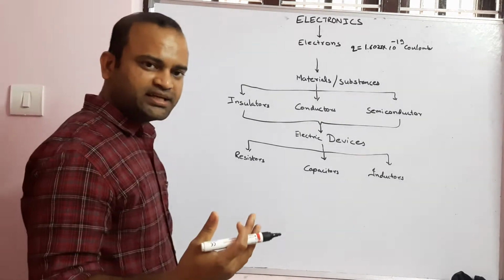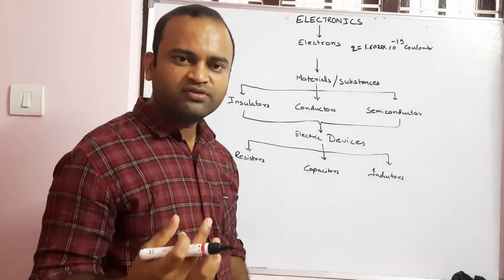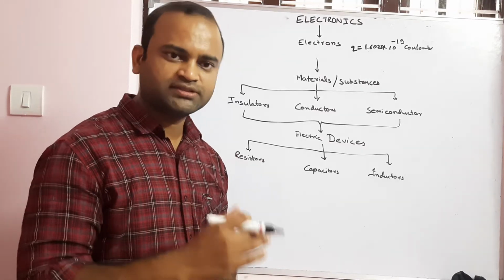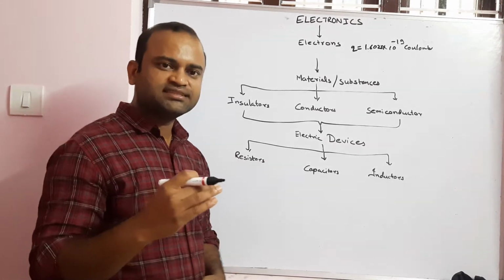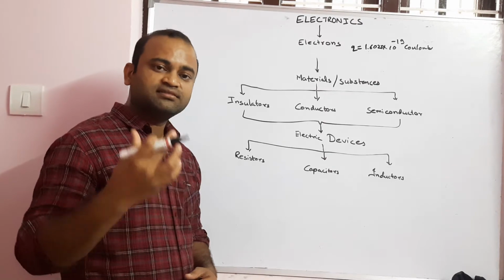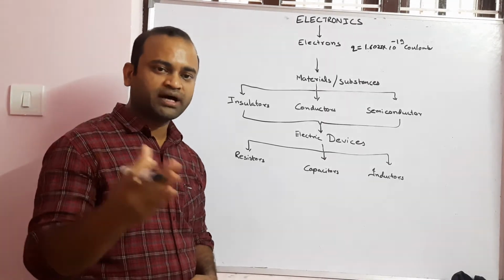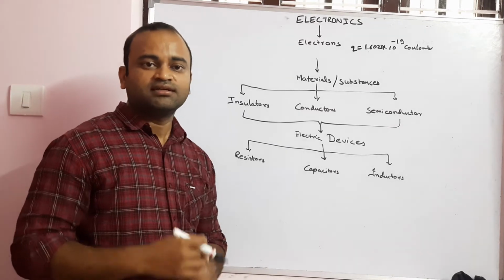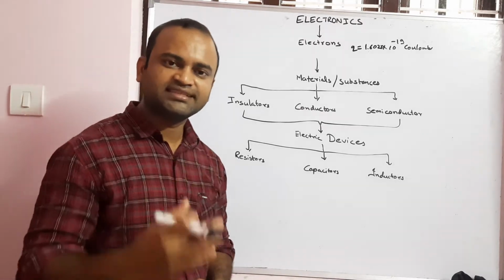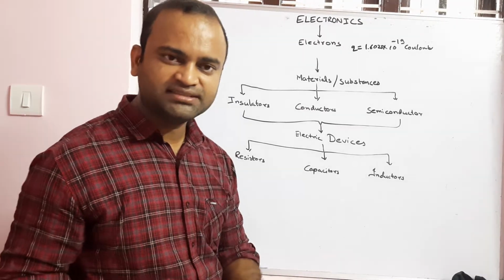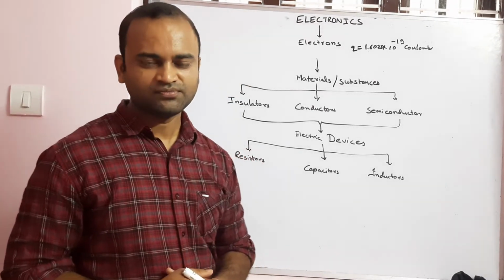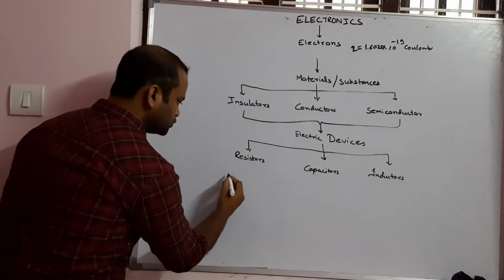A resistor is a material which has the property of opposing the flow of current or electrons through it. So if the resistance of a resistor is more, that means it does not allow electric current to pass through it easily. If the resistance of a resistor is less, that means it allows the electric current to pass through it more easily. It is represented using this symbol,